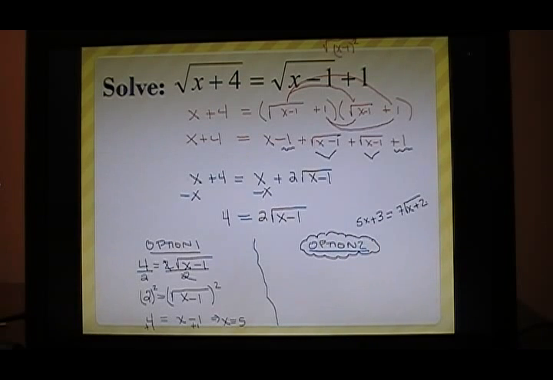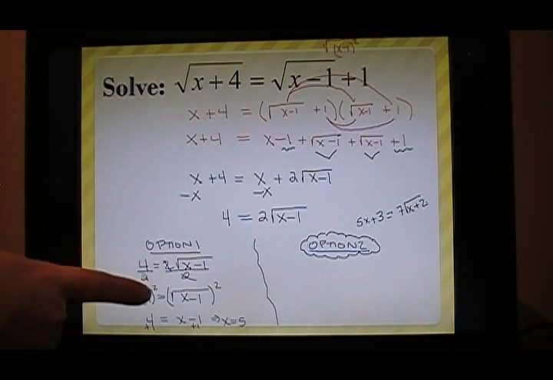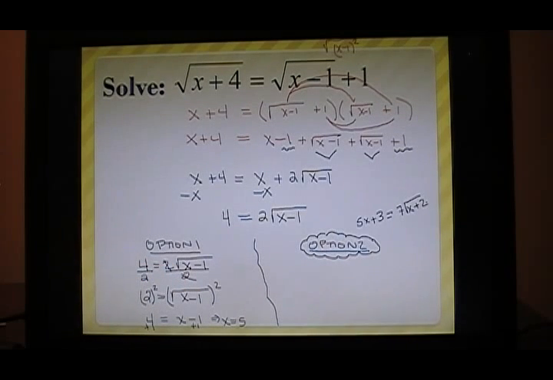Okay? So if you have something like this, and we try to use the first option, which is to divide both sides by 7,